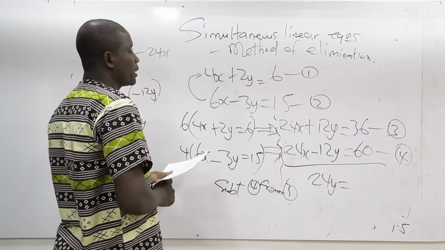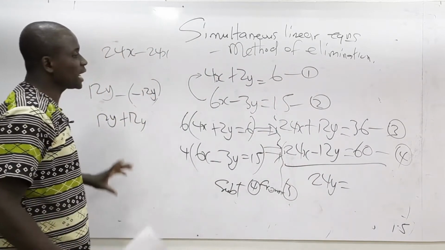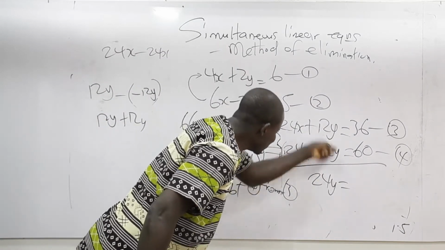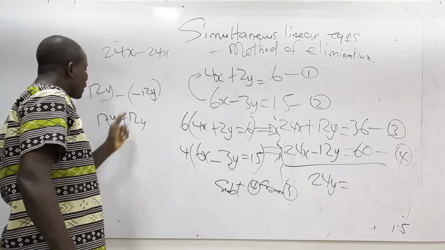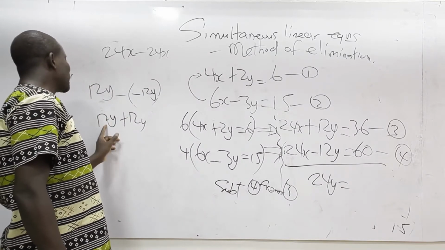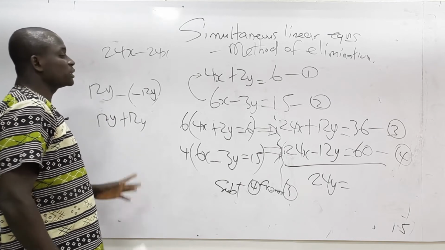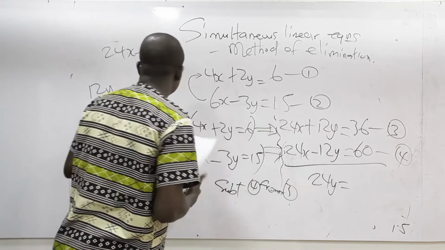Okay, this is why you have to be very careful. I'm saying that we have 12y here minus what is here. What is here is negative 12y. So minus turns to plus. So we end up getting 12y plus 12y. Let me use yam because it's y. It becomes 24y. And here,